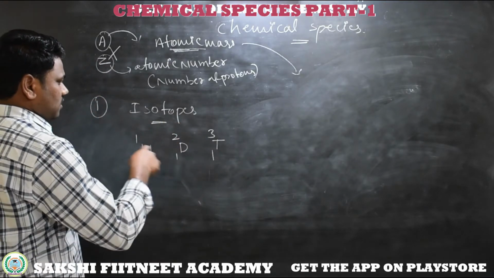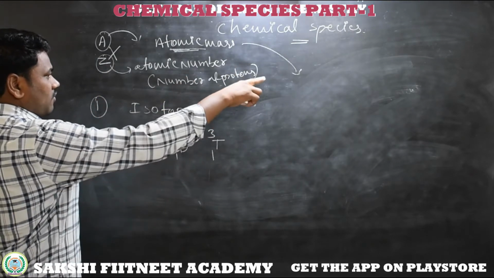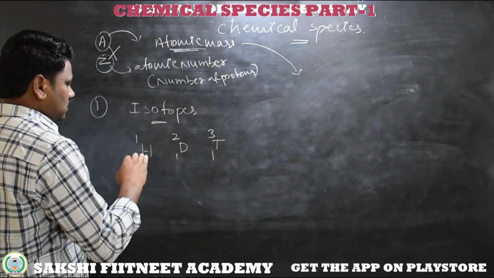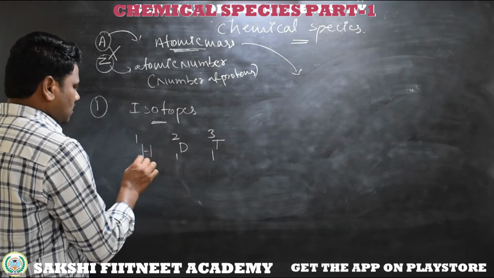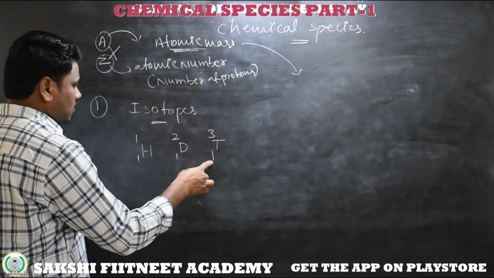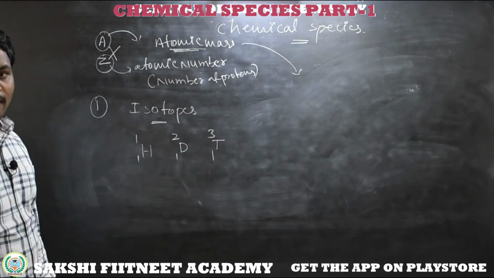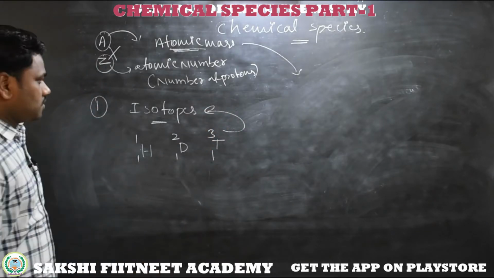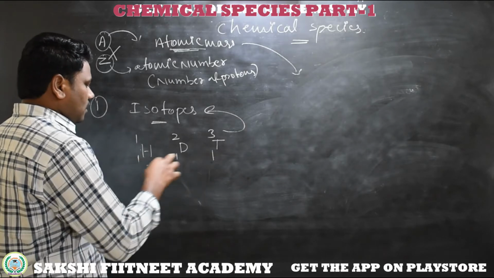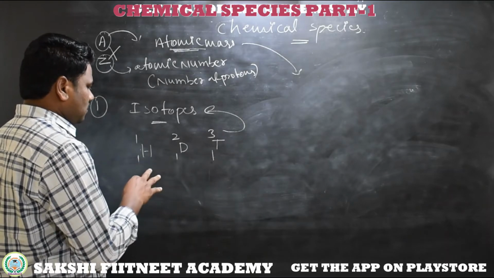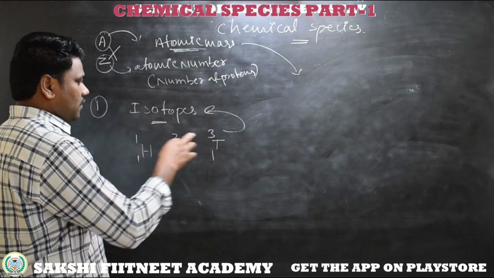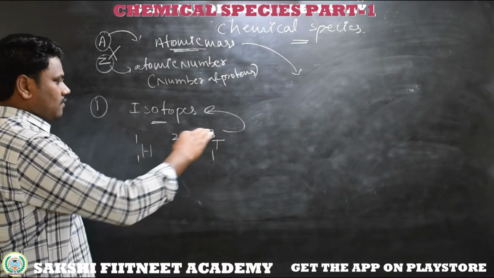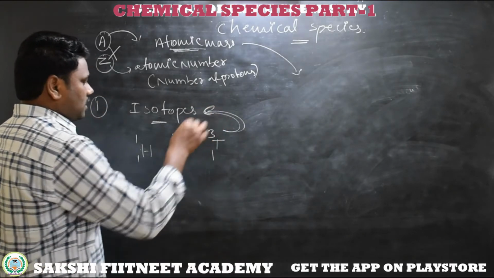How do we get this mass? Just now we discussed that the number of protons plus the number of neutrons in the nucleus is called atomic mass. Now see here, these are atoms of the same element with the same atomic number 1, 1, 1, but different atomic mass. Those are called isotopes. Is it clear? Atoms of the same element having the same atomic number but different atomic mass, or mass number, are called isotopes.